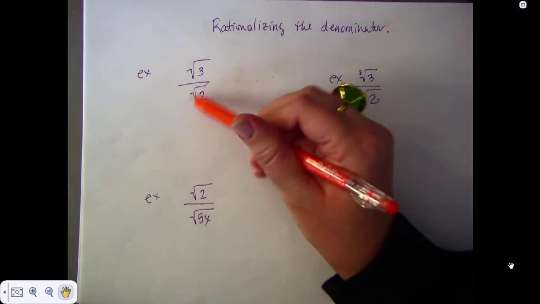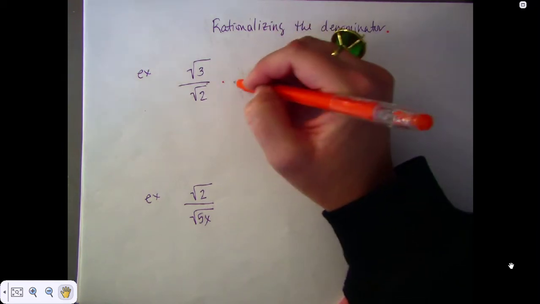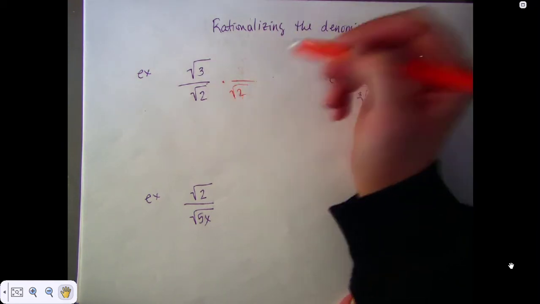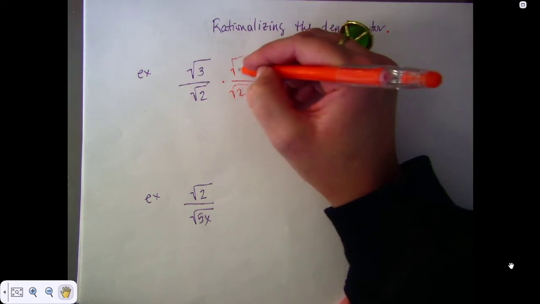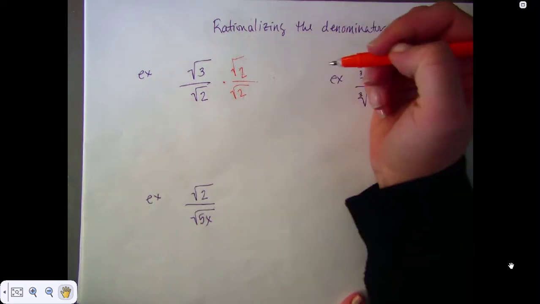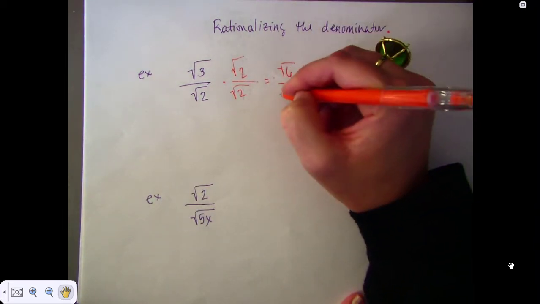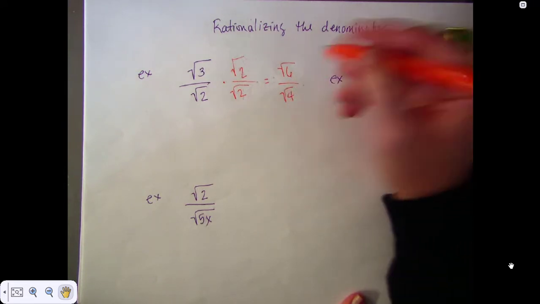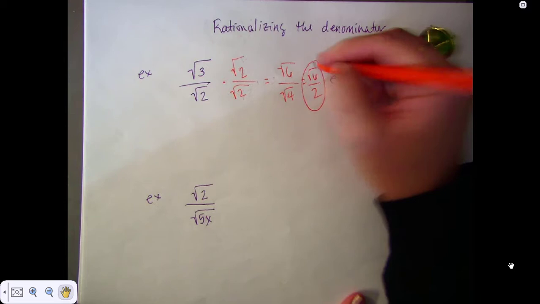You're going to need to make sure that is no longer irrational. So you're going to multiply by whatever it takes to make it not be irrational. But you have to do the same thing on the top and the bottom. So we're fixing the bottom, and the top has to match the bottom. So now you're going to get square root 6 over square root 4. But what is the square root of 4? 2. So that would be your simplified